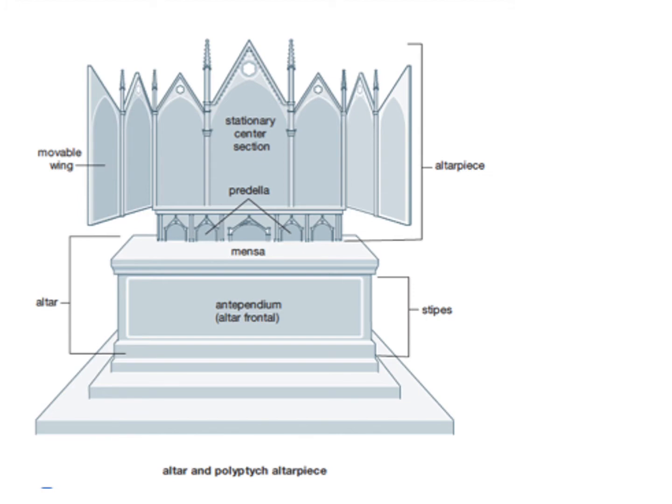The other type of polytych that we'll look at is a diptych. It just means that it has 2 movable panels. It opens and closes like a book. As far as the special words for the stand in which the altarpiece is resting on, I'm not really concerned about you knowing the formal terms for the altar.